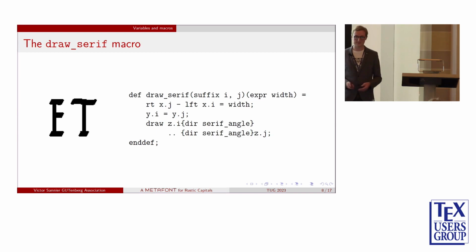So one of the simplest macros is draw serif. It takes 3 arguments. The first 2 are the 2 ends between which you want to draw the serif, and then its width. So the first equation is a constraint to be satisfied. Unlike instant dot, for example, that was presented earlier, I don't assign coordinates to points. I write equations that are to be satisfied, and I write only linear equations, and everything is detailed in the Metafont book. So what it says is that the distance between the 2 points should be width,